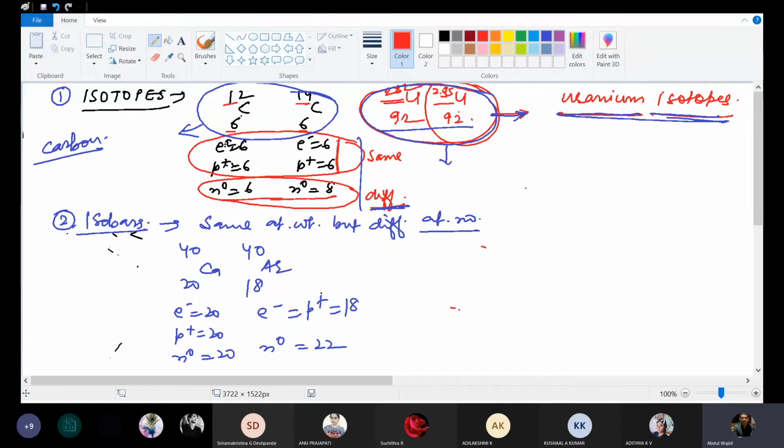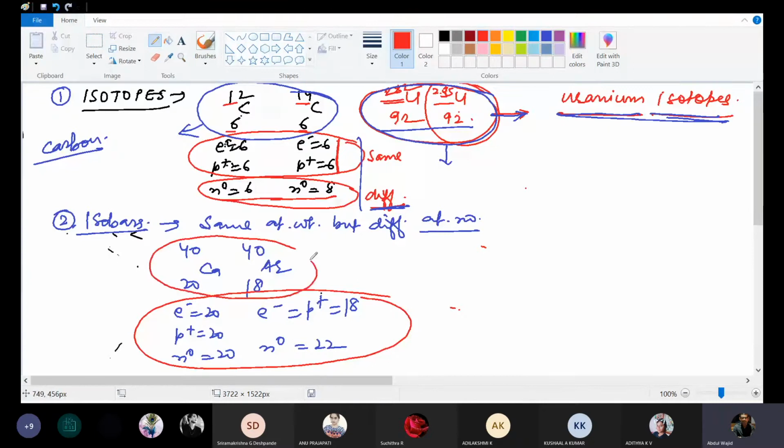So that's the number of electrons, protons, and neutrons in isobars. All the 3 things will be different in case of isobars: electrons, protons, neutrons, everything. I have given you 2 examples. You have to develop many more examples from the periodic table. If you know atomic weights and atomic numbers, then only you can come to know whether these two are isotopes or isobars or what exactly it is. Or examples of isostars or isodiaphers or isotones.